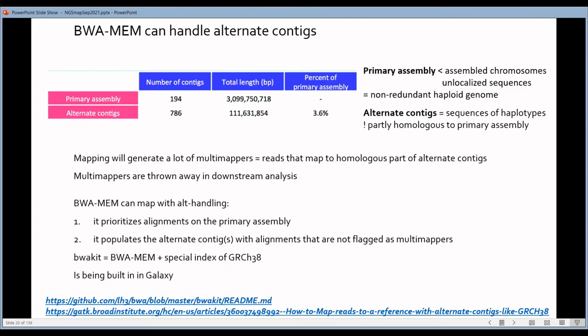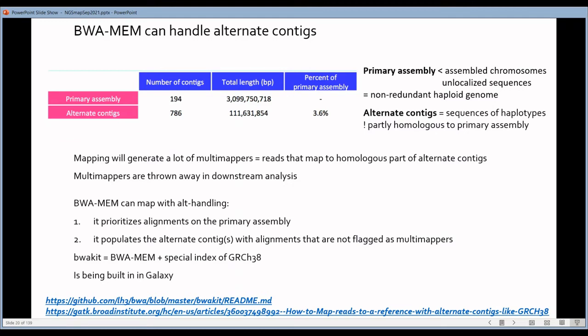Well, it will first map the reads on the primary assembly, and then the reads that do not map well on the primary assembly will be mapped against the alternate contigs, but they will not be flagged as multi-mappers. And the combination of the BWA-MEM mapper with the version of the human genome that includes these alternate contigs is called BWA-KIT.